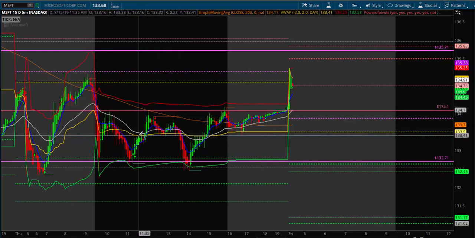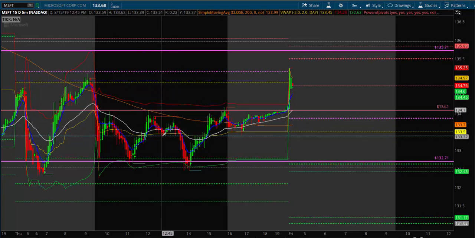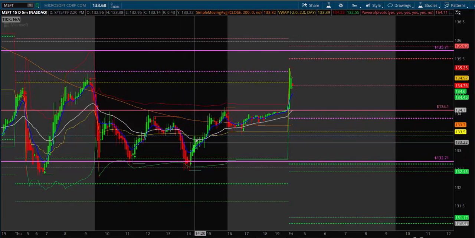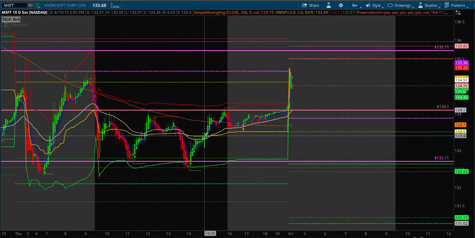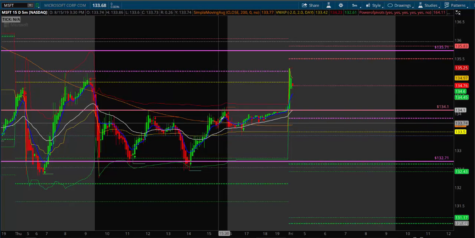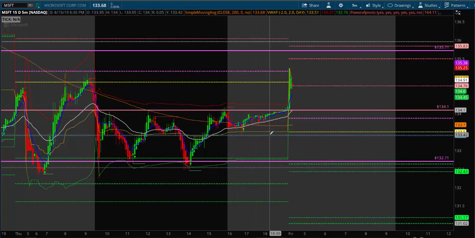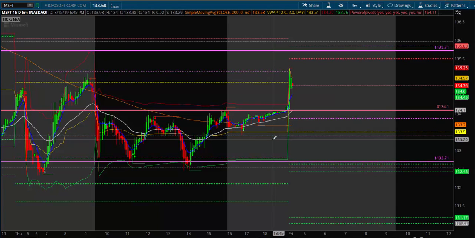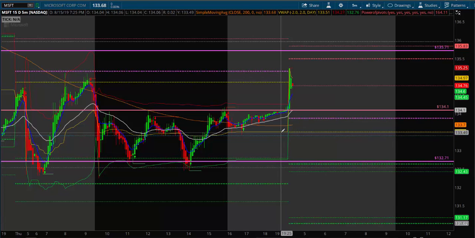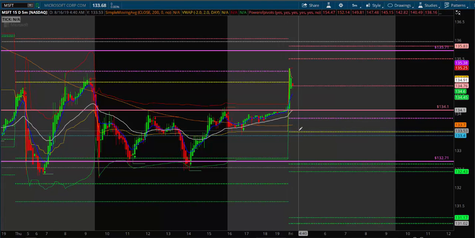A lot of upper wicks here, a lot of lower wicks, back under, trying to go back through, a lot of upper wicks. This is on the 5-minute chart. Pull back, lower wick bounce. So this monthly pivot here is also a strong area. So the zone between 133.40 and 133.50, this main yellow dash line intraday pivot, should be interesting today if we